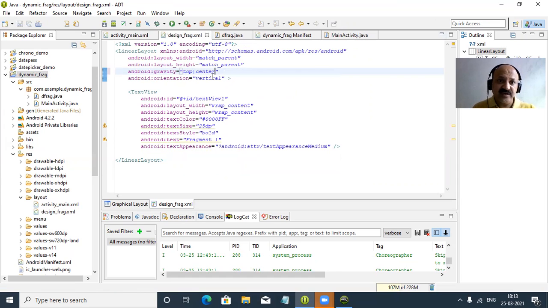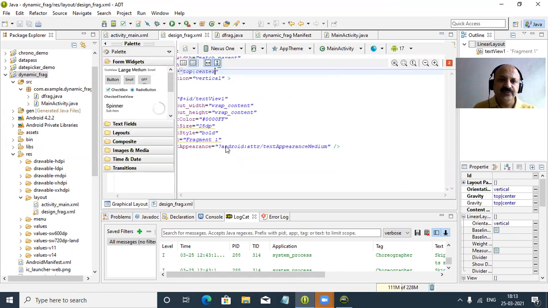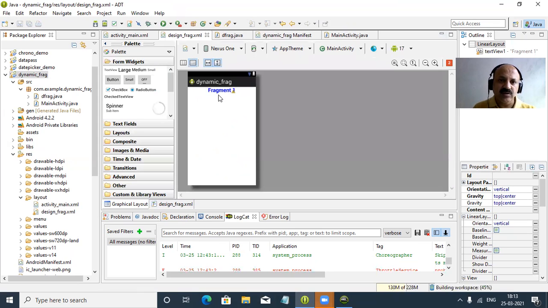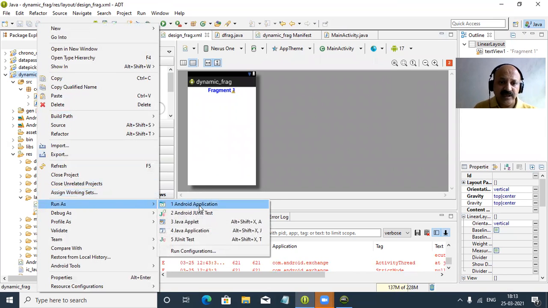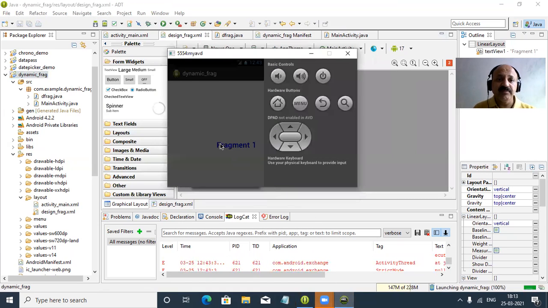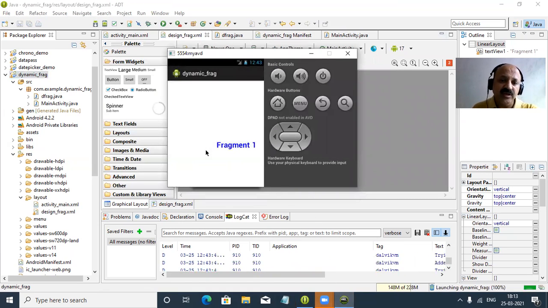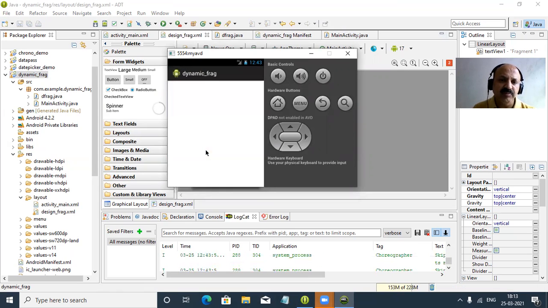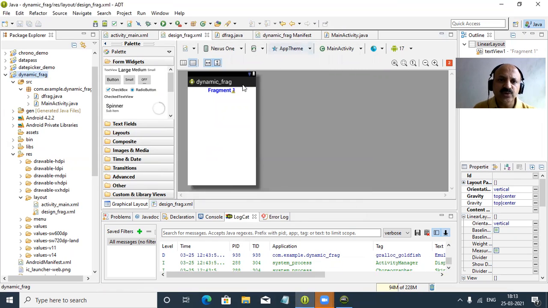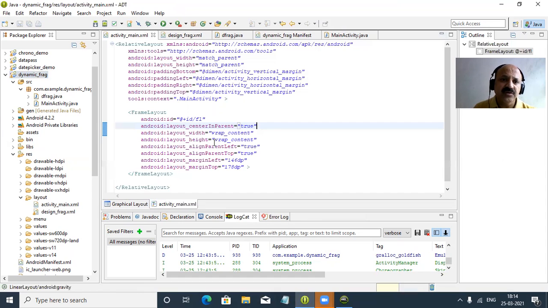So let us check first whether the design here has changed or not. So you can look now. Here is center of top, and then you can run. Yes, so that is a frame layout. So that is an overlap. Most frame layouts are used for image views, overlapping the images, but we can use it for a fragment. So you can also change the frame layout to grid or table layout, depending upon your requirement. So directly that is not changed. So we can change our layout. Yes, that is a possibility.